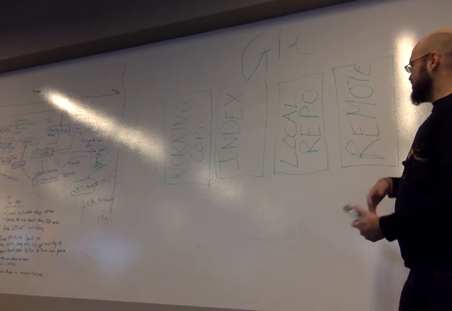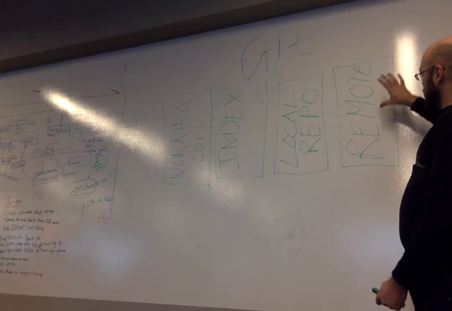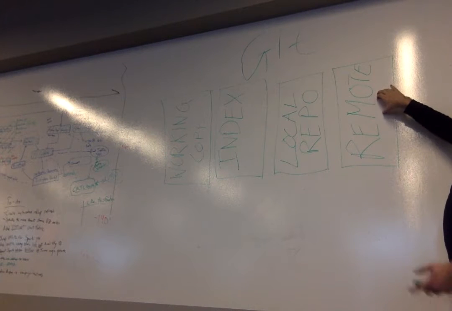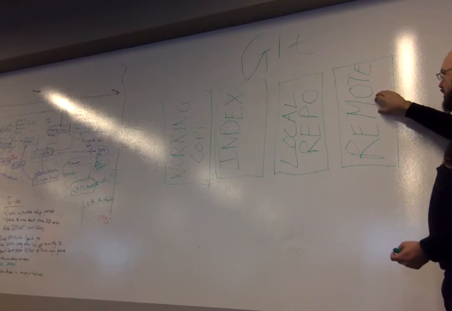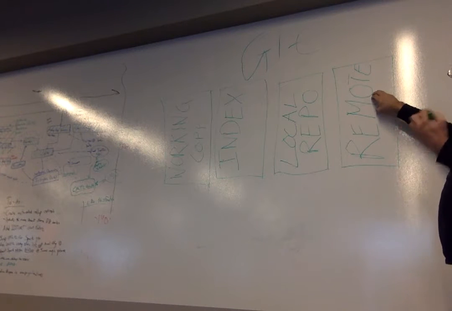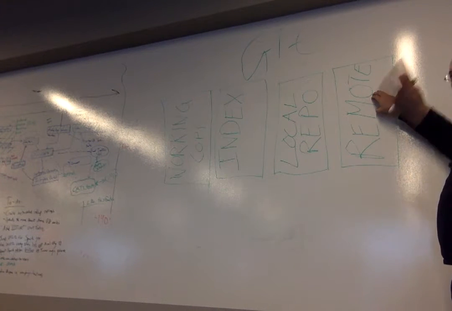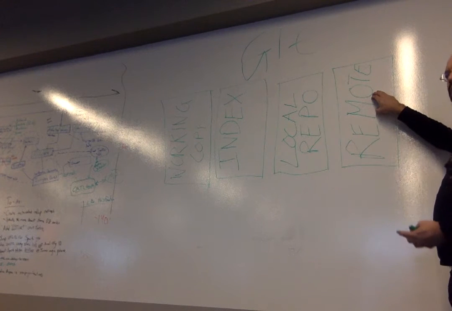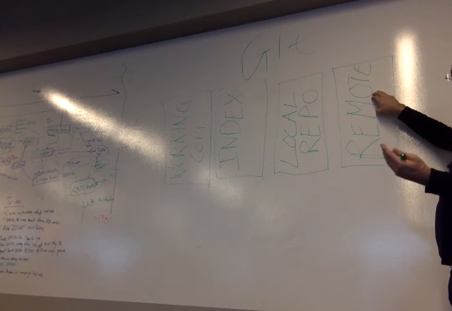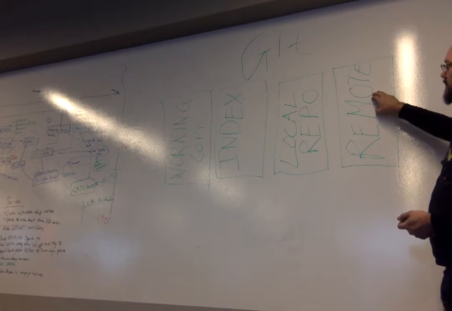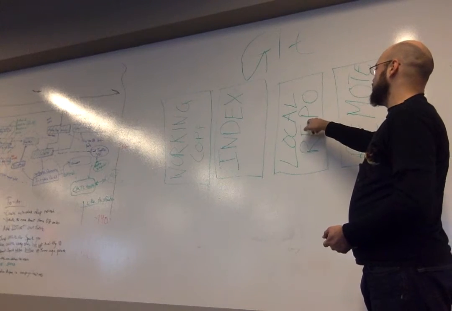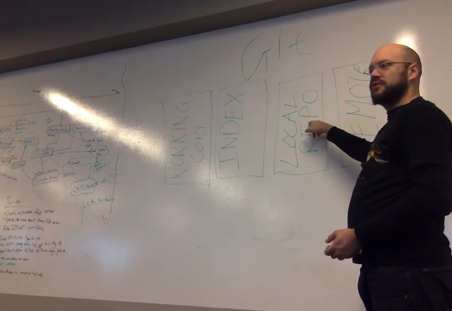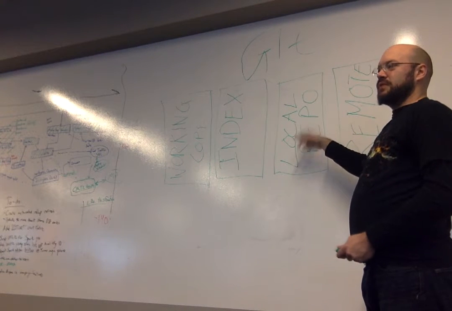So the general design of Git is you have a remote repository, which in our case is the Bitbucket repository, and that's the canonical source of truth, where the code lives, where the build service will pull from, and where you ultimately push your code to. You have a local repository. This is something you've cloned from the remote, and this doesn't